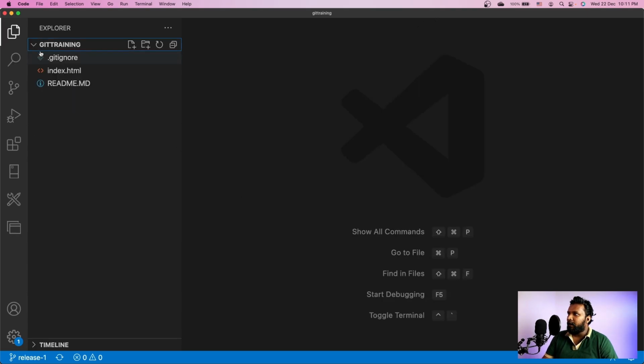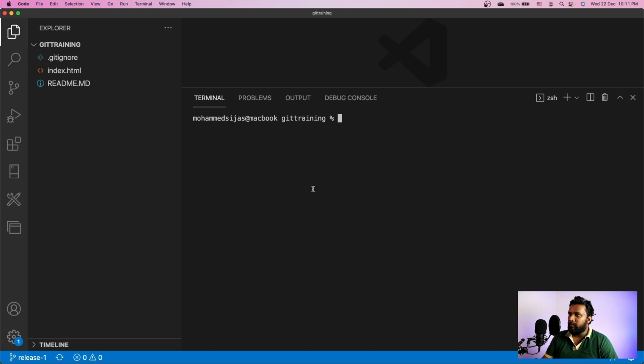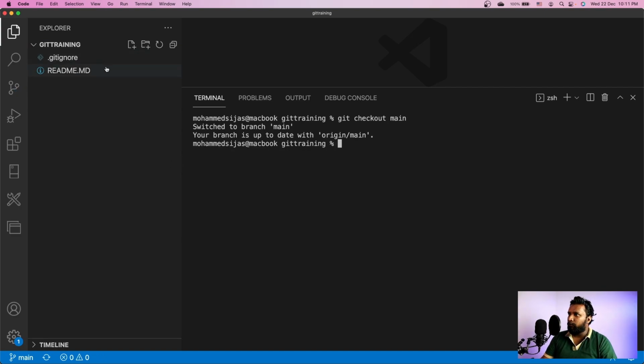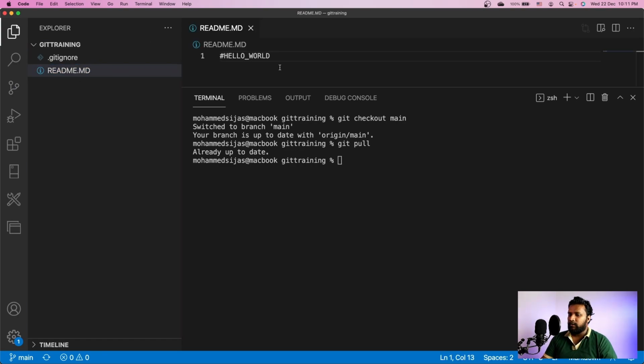So you see here, anything you push from here will be available in the other one. So let's see that as well. So let me open a terminal window. I'll switch my branch to main branch. So git checkout main, and I have my two files here. So you can see here when I do a git pull, it says there are no additional changes in it. It's up to date. So let me make some change. So new lines are added.